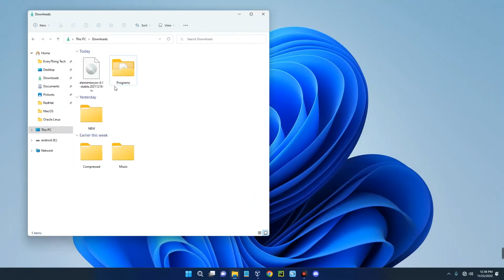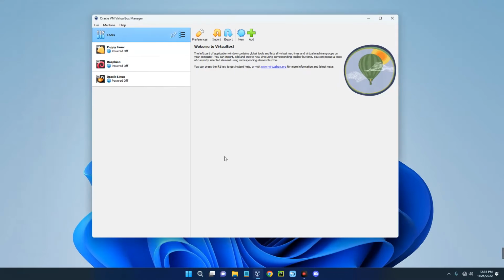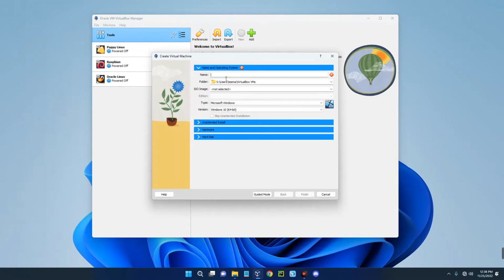Now open your download folder and you can see this is elementary OS version 6.1. This is the latest version as at today. Now after installing your VirtualBox, open your VirtualBox and then click on new up here to create a new virtual machine. So let's call this machine elementary OS